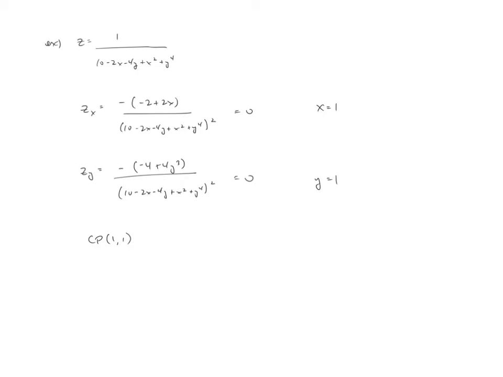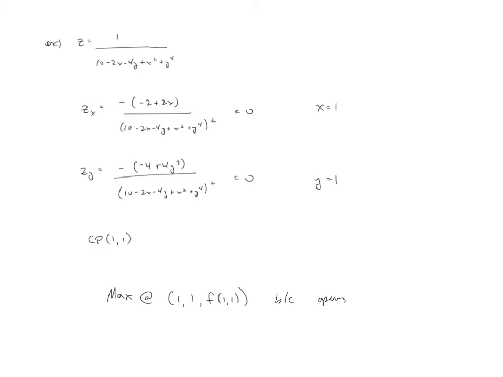So I'll just briefly summarize that our critical point would in fact give us a maximum at 1, 1, and then f of 1, 1. Most of the time I'm not asking you to compute that. Just give me the z value being f of the point. So that would be a maximum because